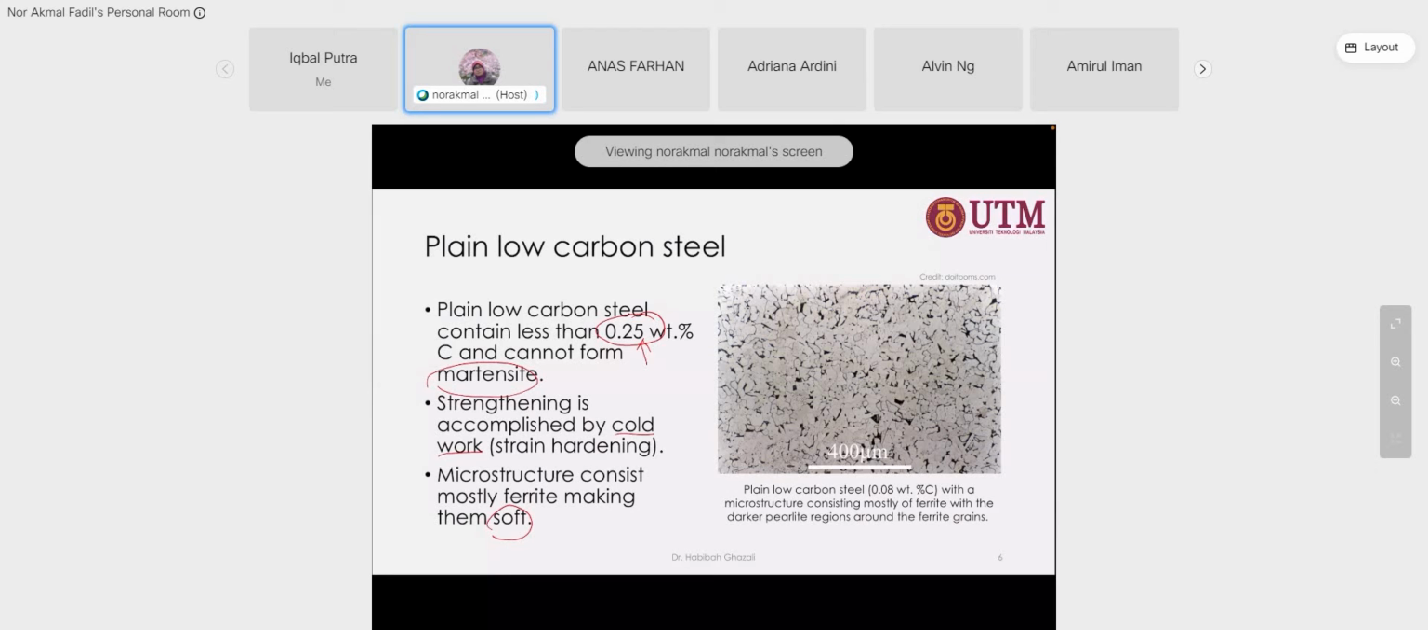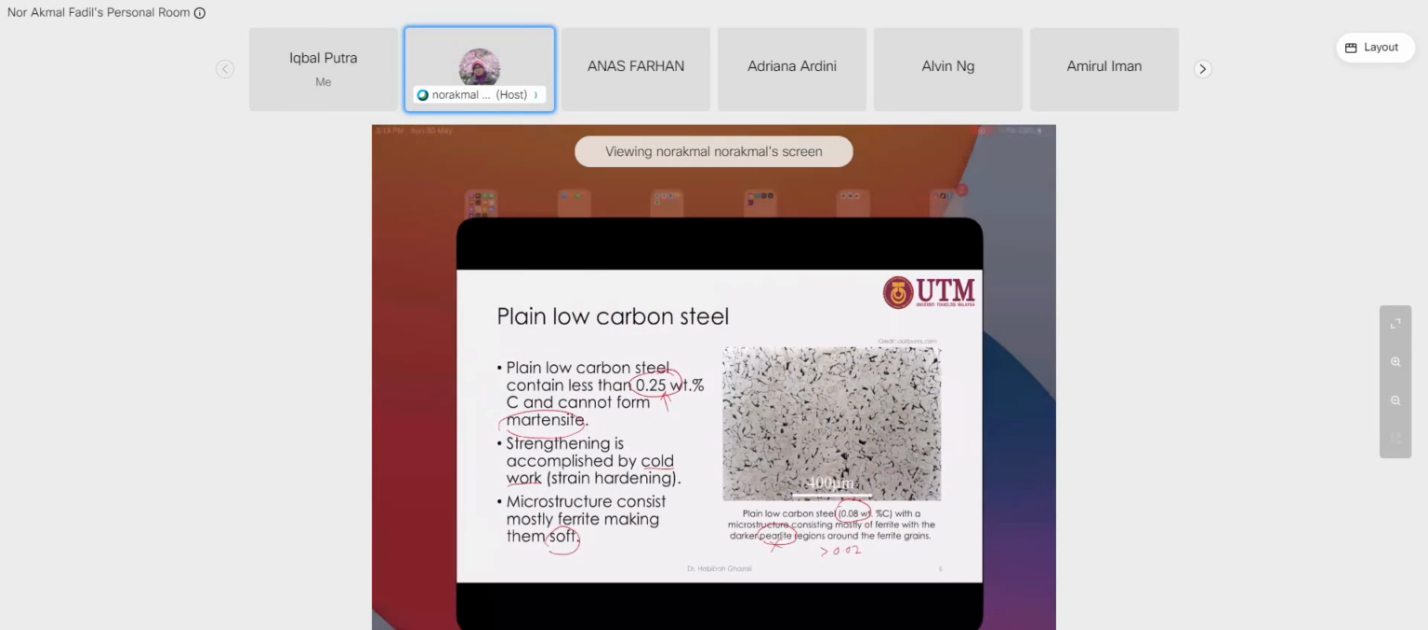Okay. Plain low carbon steel. This is an example where the composition of carbon is very low, which is 0.08. And it consists of pearlite. Why? Because 0.08 is larger than 0.02. Less than 0.02, you don't get pearlite structure. Why? If you still remember,